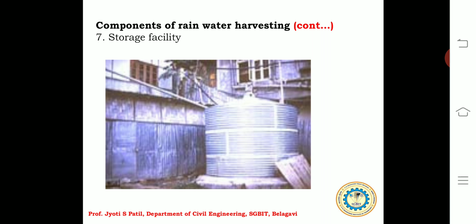Yes, the next is the storage facility. When we talk about storage facility, there are various options available for construction of these tanks with respect to the shape, size and material of construction. For shape, we preferably go for cylindrical, rectangular and square types. The material used for construction is preferably RCC, that is reinforced cement concrete. Sometimes we go for ferro cement, masonry, plastic, that is polyethylene, or metal. Metal means preferably GI, that is galvanized iron sheets, which are commonly used.